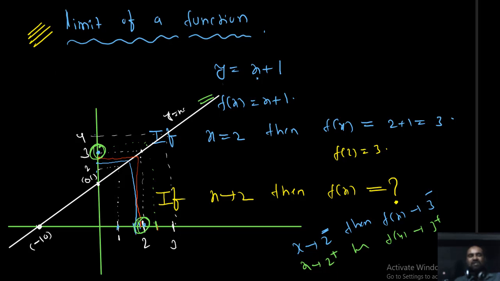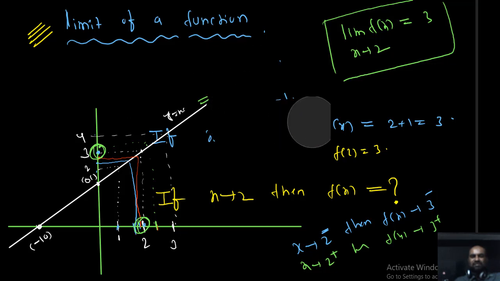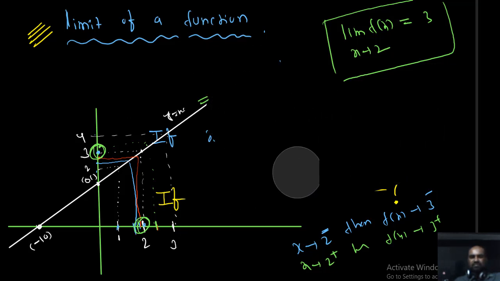So here, students, after explaining through the graph, the limiting value of the function f of x is 3 when x approaches 2. Students, important: the limiting value of f of x is 3 when x approaches 2. What is the meaning of that? If x is nearer to 2, then f of x is nearer to 3. Okay, so students, listen here. What is the meaning of this?